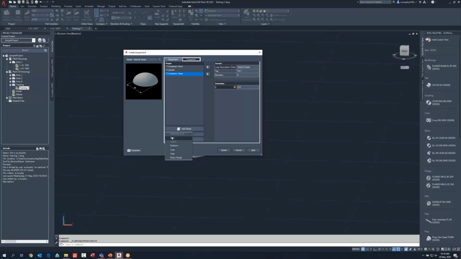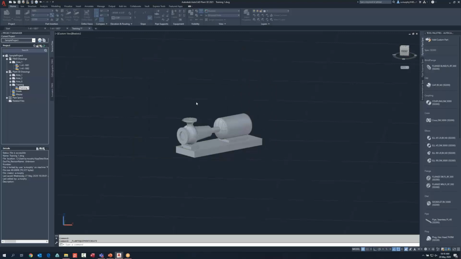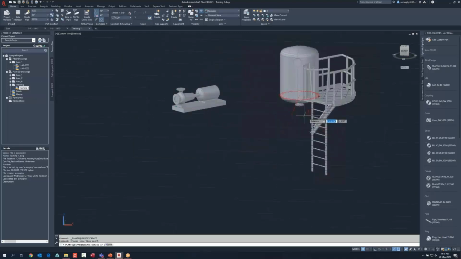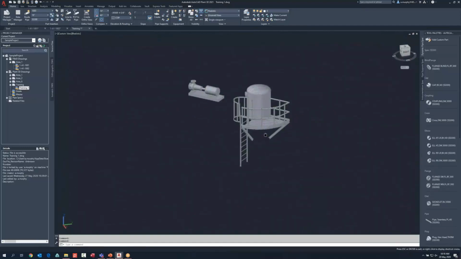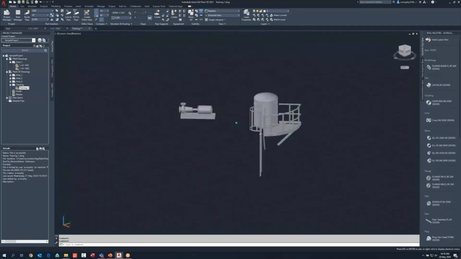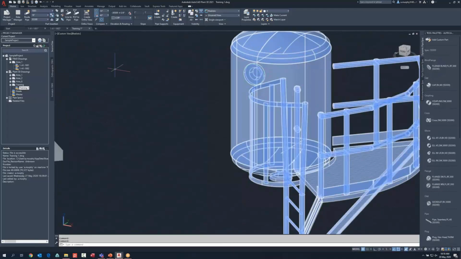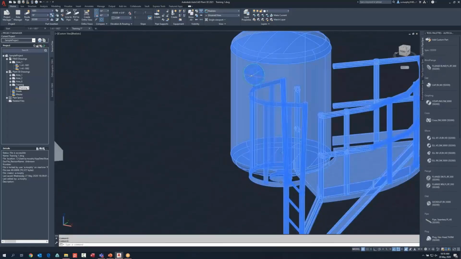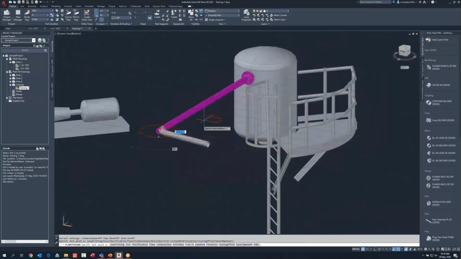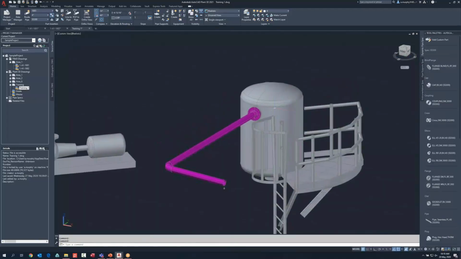Additionally, you can add a trim, so you can add a skirt around the bottom, or you can add a platform. I'll just show off a platform here as an example. And then when we hit create on this, it will give us our vessel with an elevated platform straight up to the vessel, which we can place easily into our 3D model. And then we can take a pipe run from this nozzle quite easily. We click the plus box here, and we're just simply drawing our pipe run straight off of the vessel very